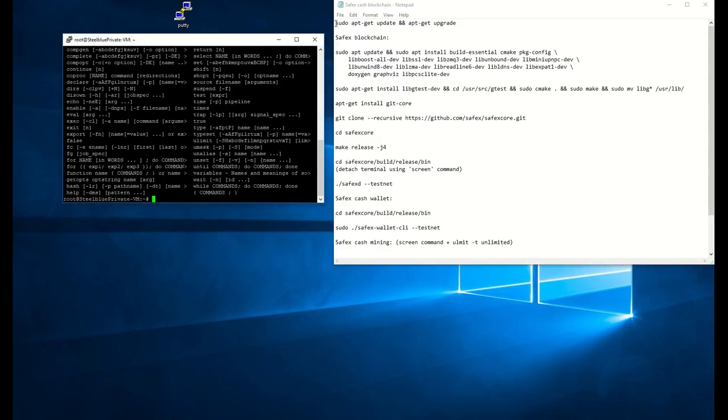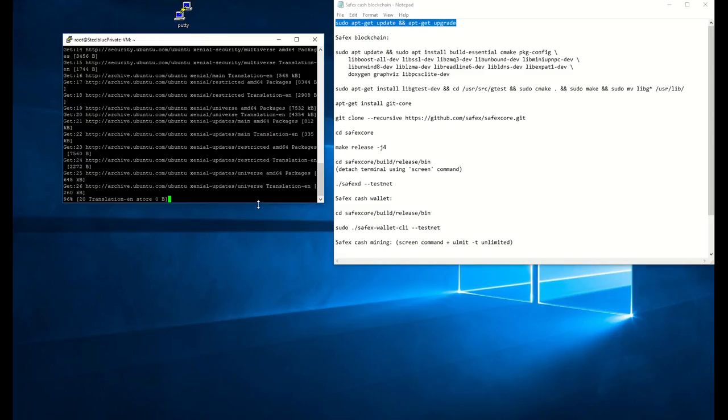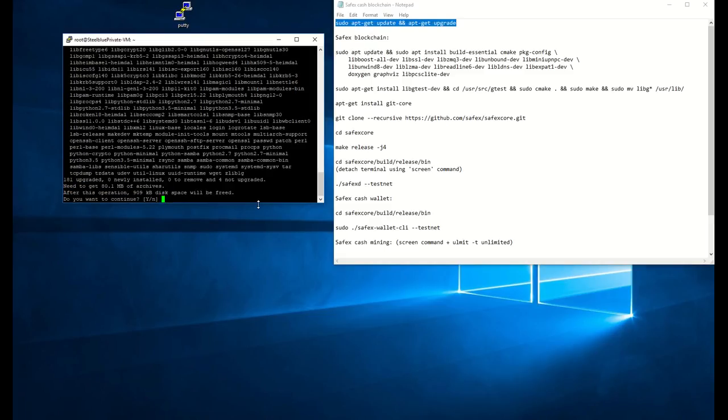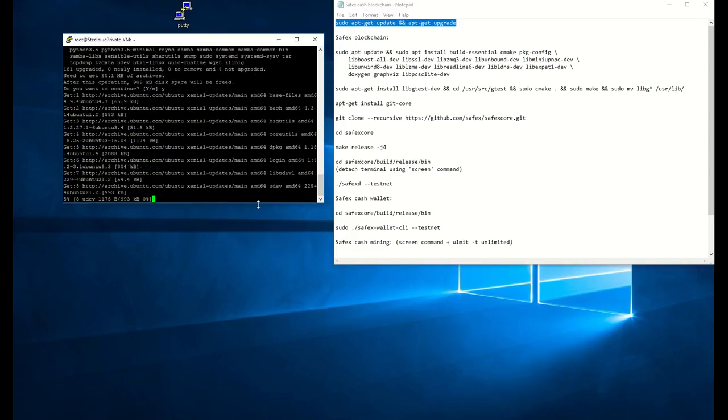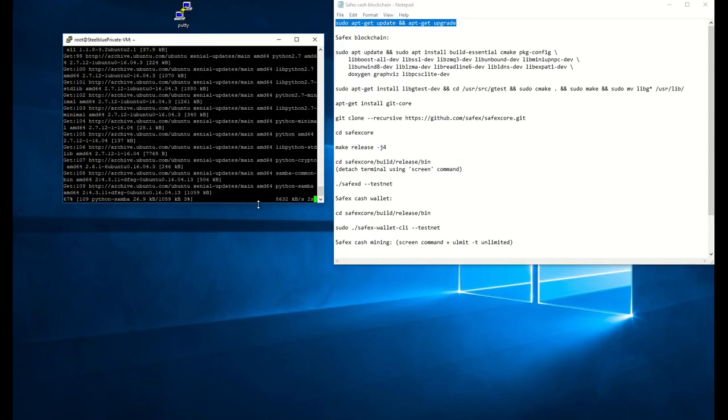So first of all, what we need to do is run this command, which is sudo apt-get update upgrade. What it does is update your current Ubuntu version to the latest edition. The process will be the same whichever Ubuntu version you're using. I'm using the long-term 16.04. You may be using the latest version, which is 18.04, but you need to do it for any version to get the latest update. So I let it run for a while, and once it's done,